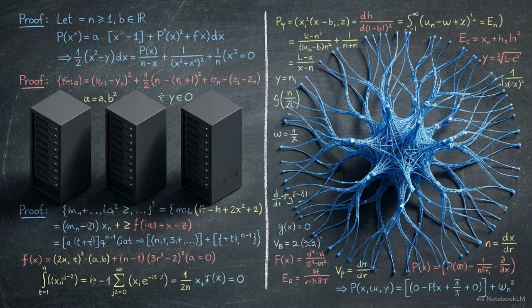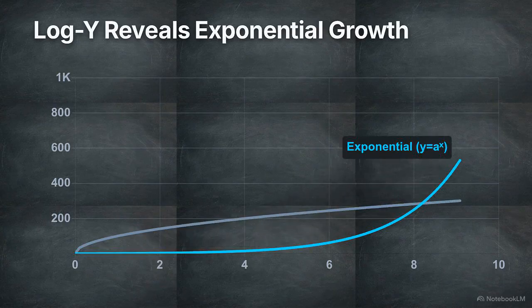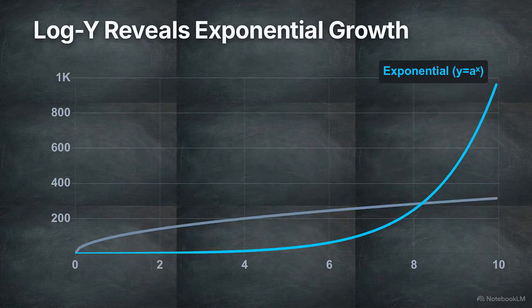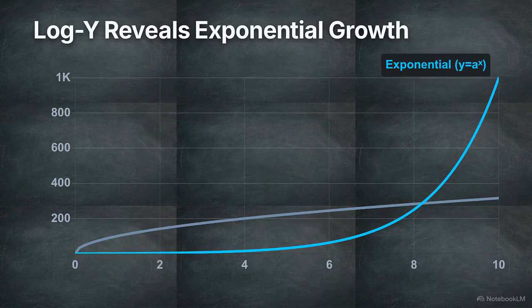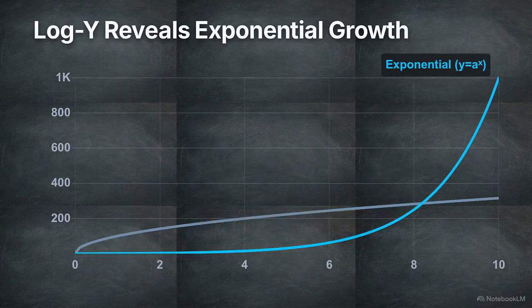This K parameter is the exact mathematical boundary dividing simple linear duplication from complex system evolution or degradation. Here we have a standard Cartesian plane plotting two distinct trajectories, an exponential function and a power law function. There is a persistent misconception in the tech industry that if you take an exponential growth curve and compress the horizontal x-axis logarithmically, the curve will form a straight line.